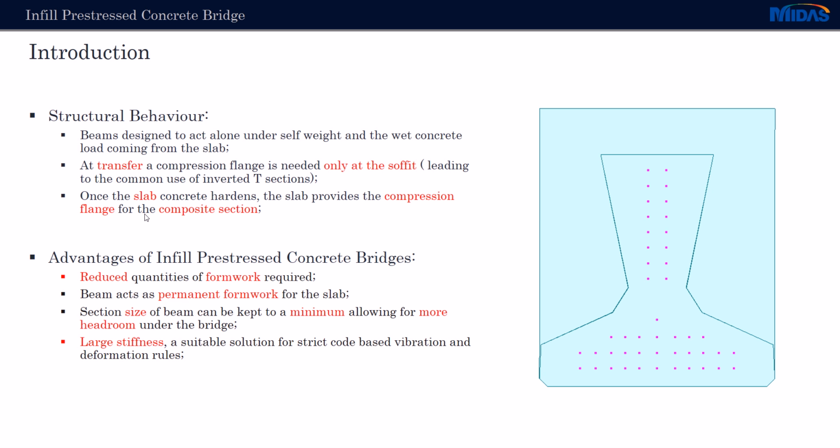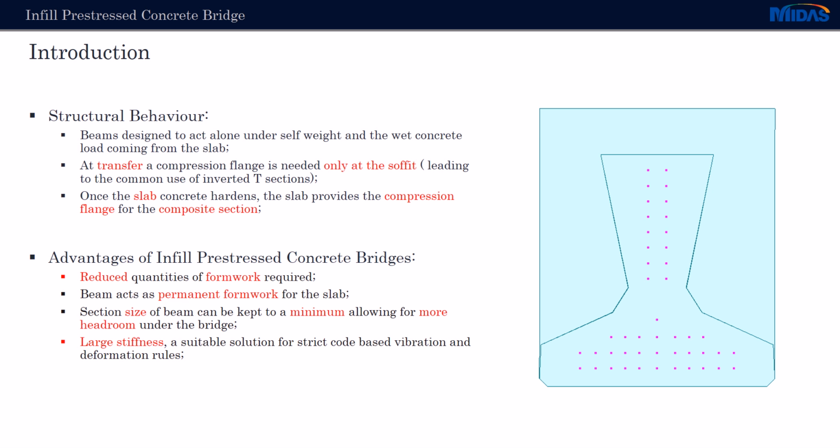Firstly, the beams for this type of bridges are designed so that they act alone under their own self-weight and the wet concrete load. At transfer, there is a need for a compression flange only at the bottom, or at the soffit, leading to the very common use of inverted T-sections. Once the concrete hardens, the concrete part from the slab offers the compression flange for the composite section. There are some advantages to this type of bridges, such as the